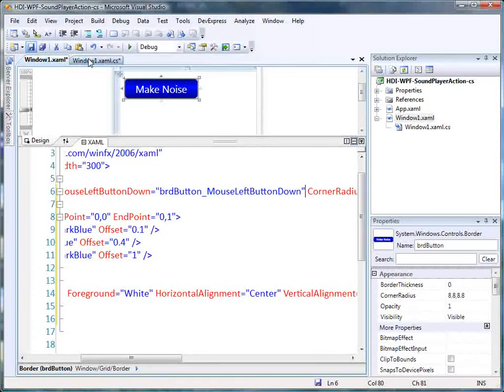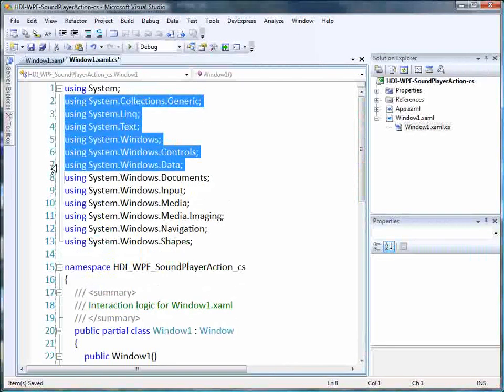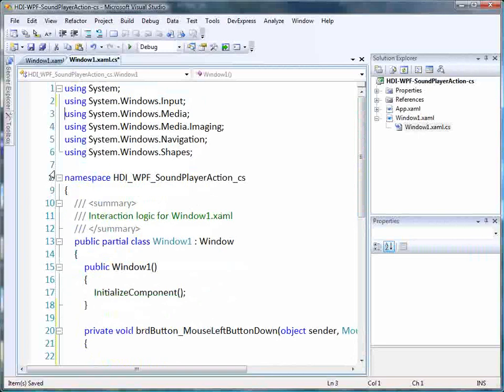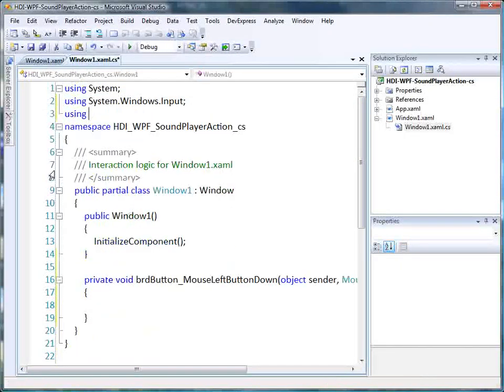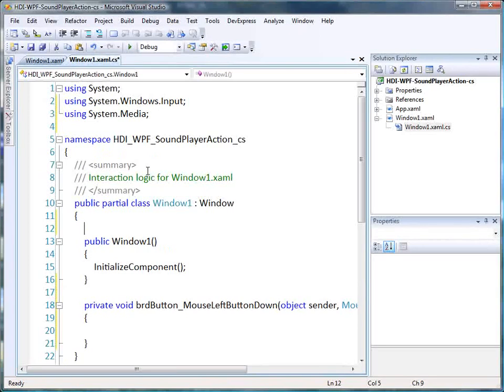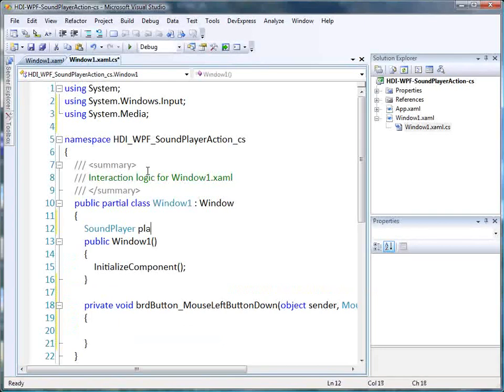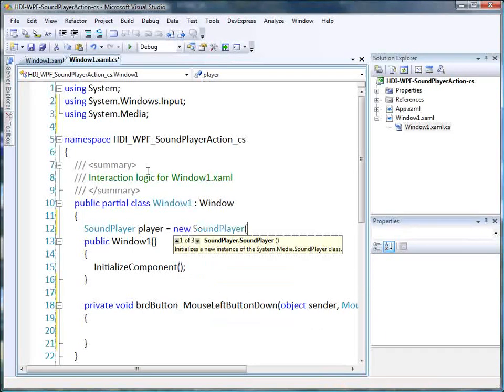We'll go to our code behind. And we don't need a lot of these, so we'll take out these and then do using system.media, because we want to use the sound player, which comes out of the system.media. Let's just create inside of our class, our window 1 class, let's just create an instance of the sound player class. So we'll do sound player equals new sound player, and we pass to the constructor the actual sound that we want to